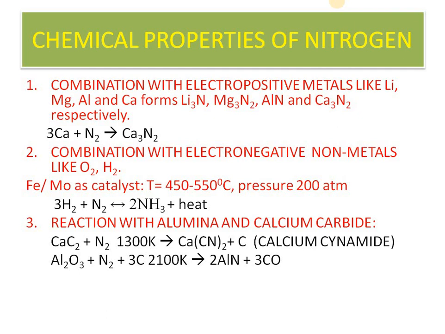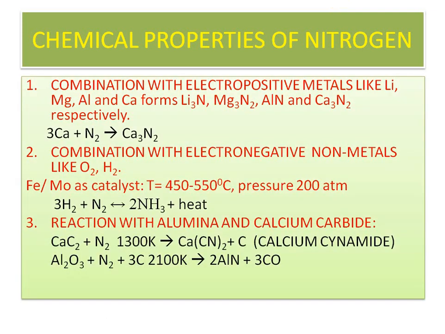Third is reaction with alumina and calcium carbide. This is a very important reaction, particularly calcium carbide plus nitrogen at 1300 Kelvin gives rise to calcium cyanamide, CaCN2, plus carbon. This is a very important fertilizer. Aluminium oxide plus nitrogen in the presence of coke at 2100 Kelvin gives rise to aluminium nitride and carbon monoxide. Okay, so next is